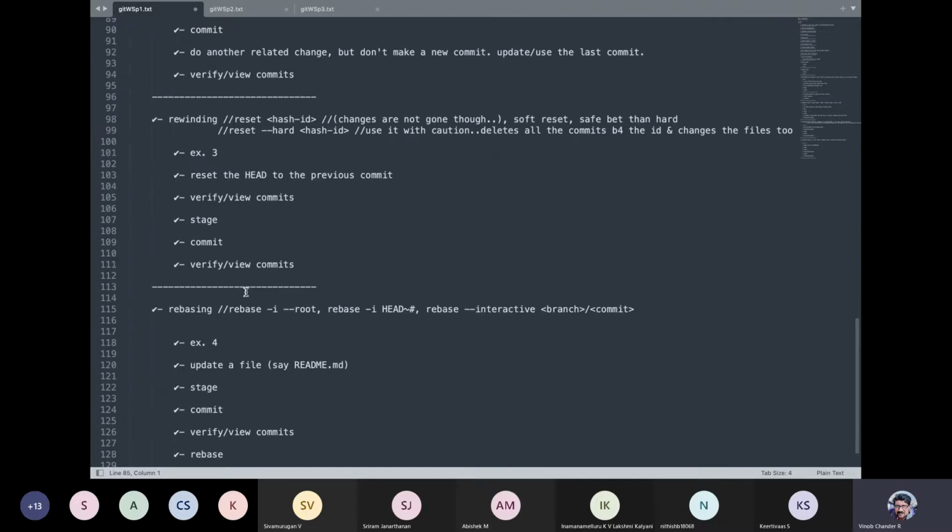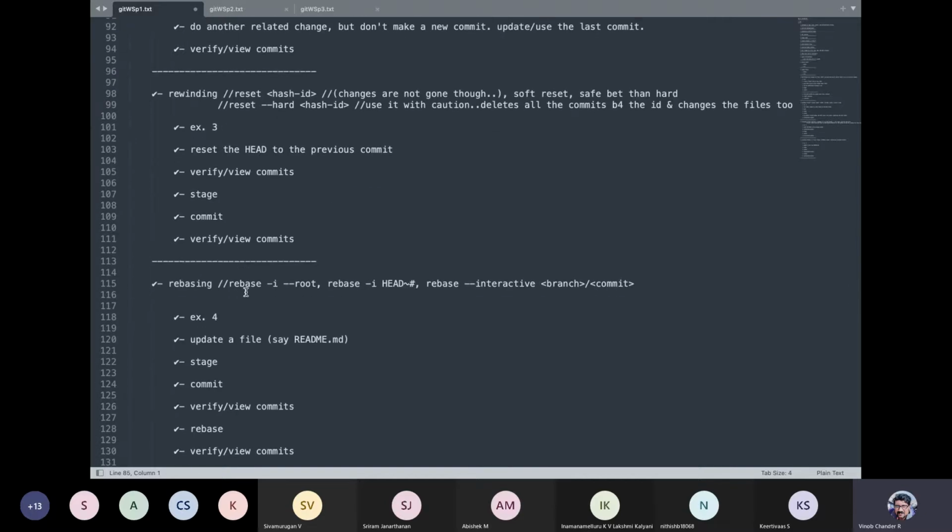We talked about rebasing. Rebasing is a very powerful and cool command in Git. Rebasing is essentially that you can change the order. You can take any particular commit and rebase it, and have that commit look like it existed at a particular moment in time. That is kind of having a time machine and changing history.